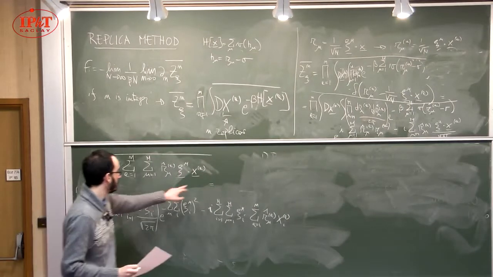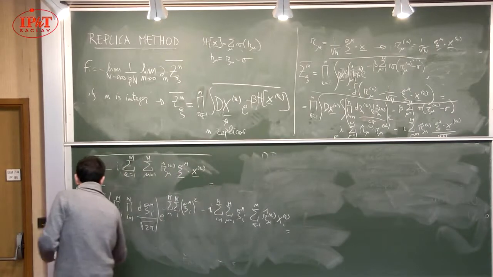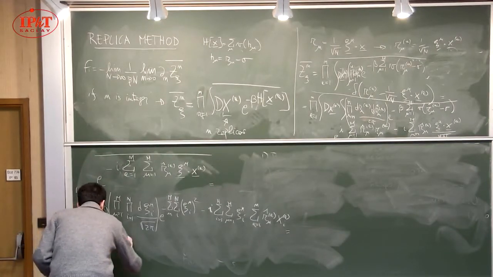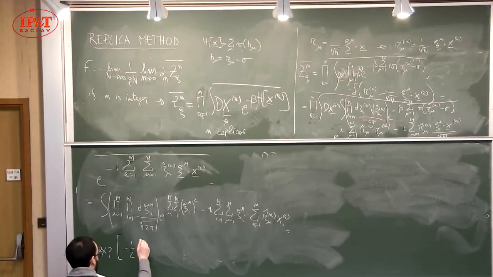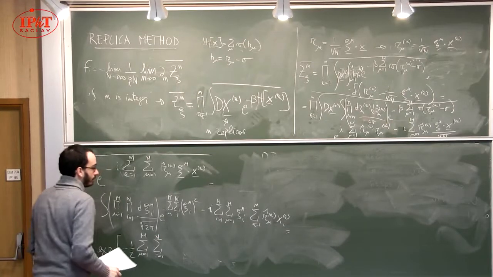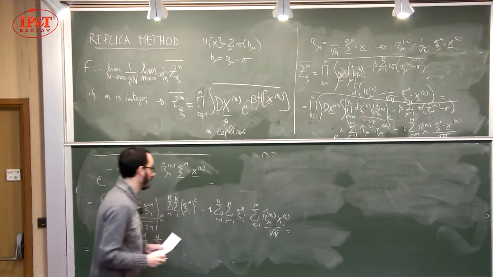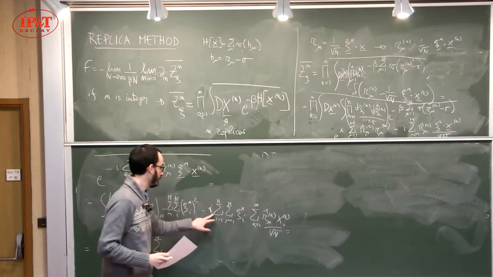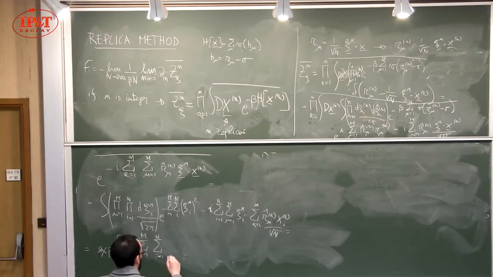I just expanded this scalar product, and this just gives it's just, sorry, I forgot square root of n. It is just the square of this times that. Okay, so the square of this gives me the minus sign, and then here I have to